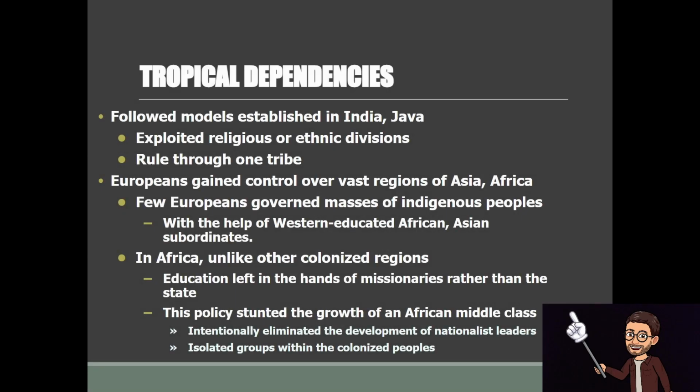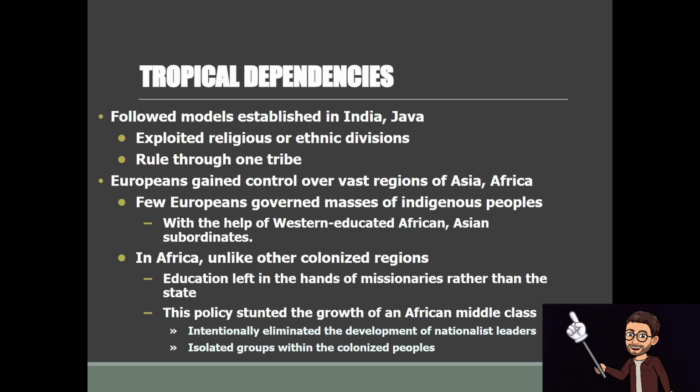Now, tropical dependencies are going to be the models most like the ones established in India and Java, where there's going to be a few Europeans who govern the masses of the indigenous people. They're going to exploit religious and ethnic divisions to keep the people fighting amongst themselves. They're normally going to rule through the one tribe, the most powerful tribe. You know, again, the few Europeans are going to govern the masses with the help of Western educated African Asian